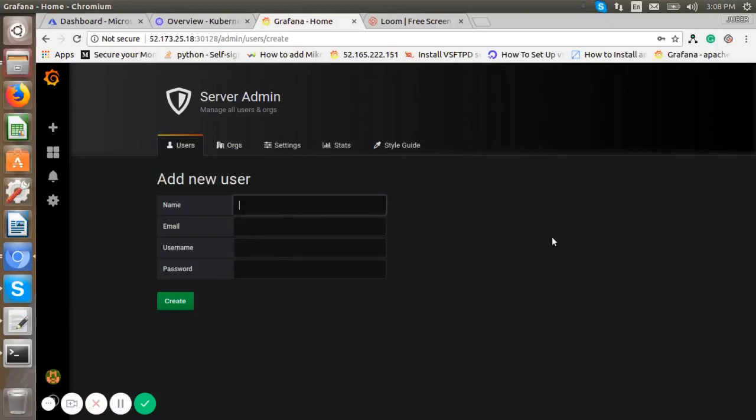The username is ReactiveWorks user one. The mail ID is user1 at ReactiveWorks.